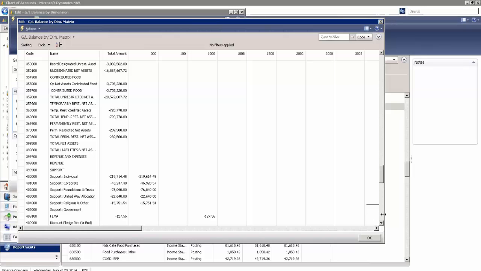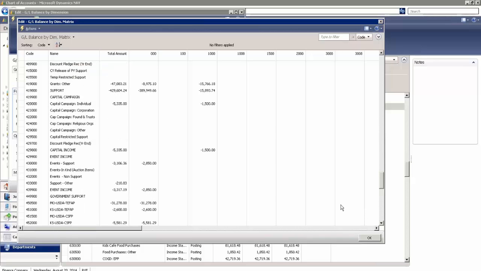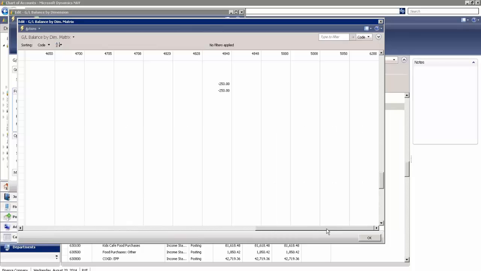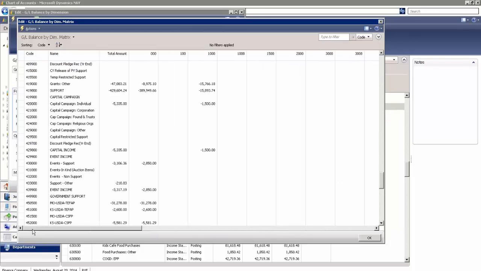any of the accounts. Trying to find something that's got some money in a couple of different buckets. Here's an example. So I have grants. The total is this amount here. 897510 was posted against Department 000. I've got this amount against Department 1000, and if I scroll over to the right, there may actually be more over here. This is difficult to read, so sometimes what you want to do is